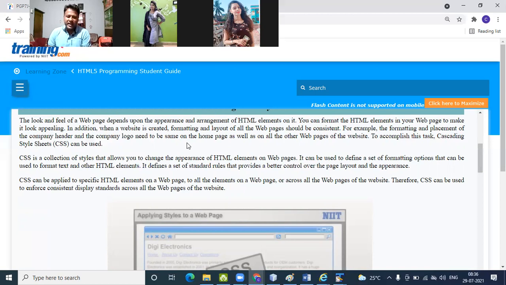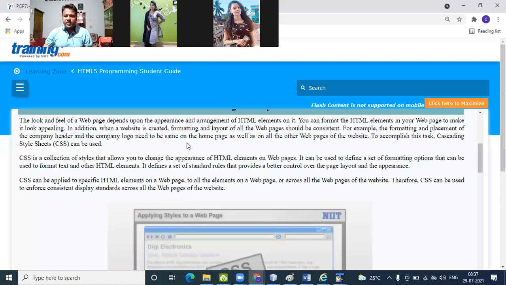CSS stands for Cascading Style Sheet. HTML and CSS have a huge hand behind the technique of creating a web page. When you want to create a web page, CSS plays a very important role. Using HTML, the web page gets its shape, and using CSS, the web page gets a new and attractive look and feel. HTML and CSS are added together.